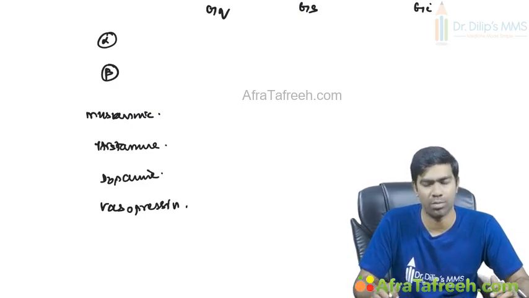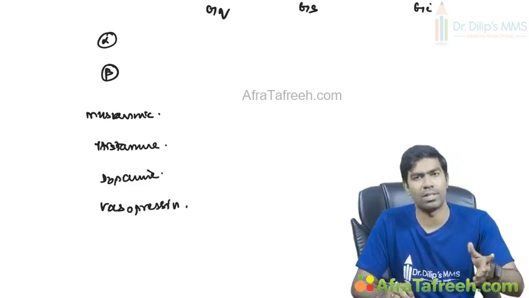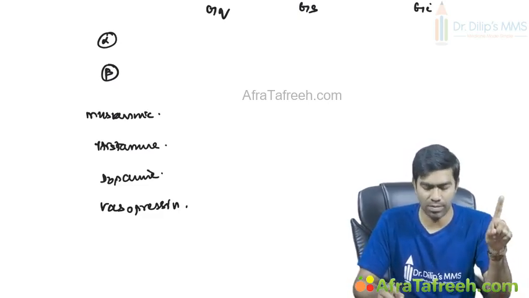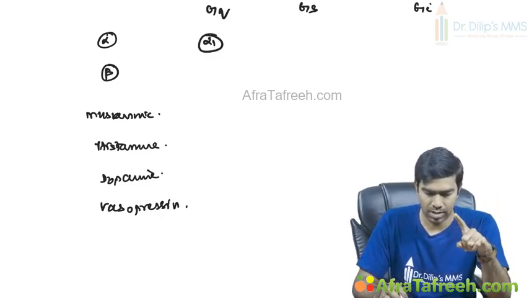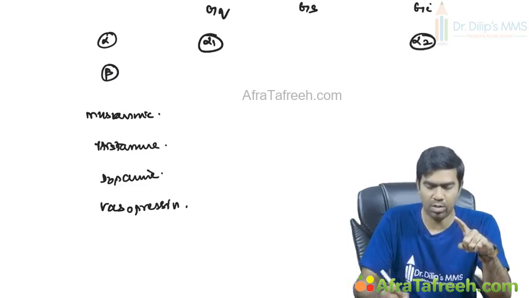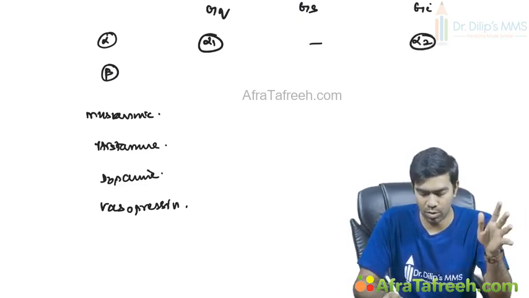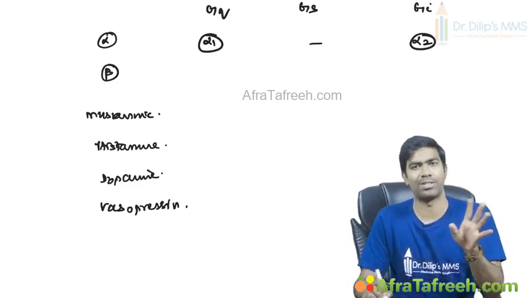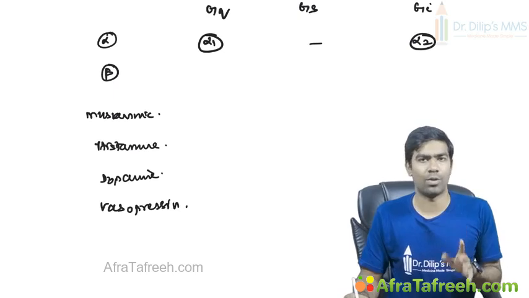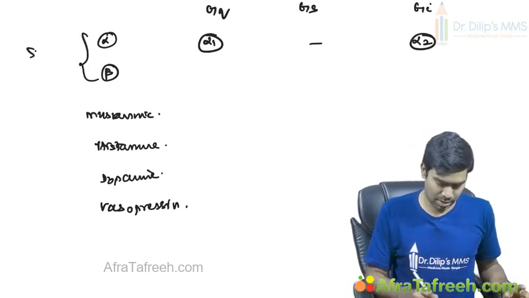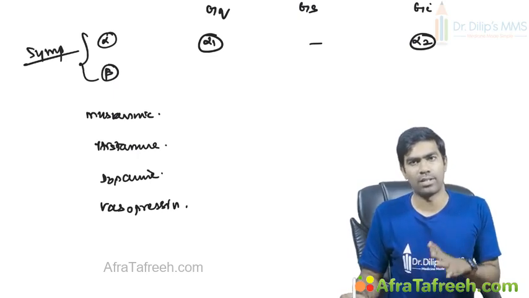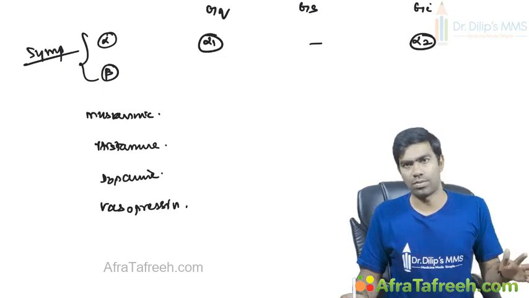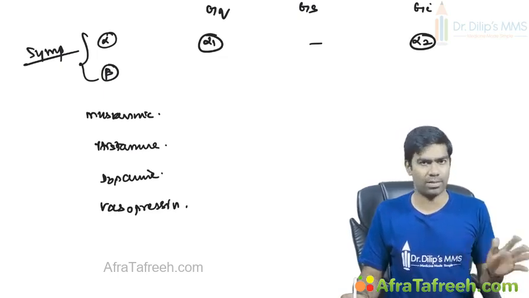Some examples, that is very important for exams. What are the alpha receptors that are of Gq type, Gs type, or Gi type? Alpha receptors of Gq type, that is the alpha 1 receptor, very important point. And alpha 2 receptors are of Gi type, which means there is no Gs type of alpha receptor. Clear? We are talking about the sympathetic system, which means alpha and beta are going to come under the sympathetic system. Gq alpha 1, Gi it is alpha 2. So there is no Gs type of alpha receptors.